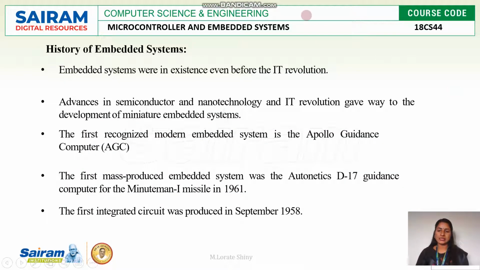Then we are going to see the history of embedded systems. This embedded system was available in the early stage of the IT revolution, but at that time it was built from old vacuum tubes and transistor technologies only. Okay. When technology developed in the fields of semiconductors, nanotechnology and the IT revolution, these gave us miniature embedded systems. The first recognized modern embedded system is the Apollo Guidance Computer